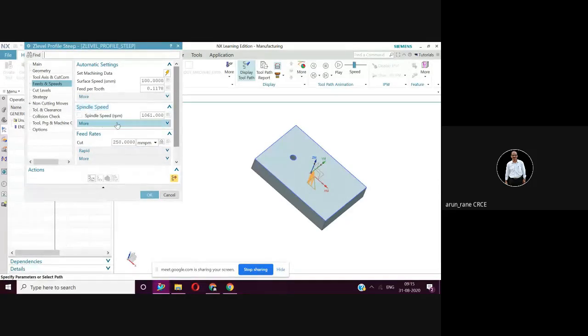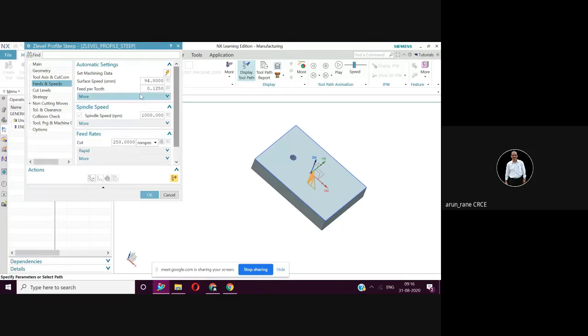Or the other way, you can give the spindle speed and it will calculate the cutting speed, that is V is equal to pi D N upon 1000. The diameter is known, diameter is 30. Suppose you give here rpm as, say, 1000 rpm, enter it. Now for 1000 rpm the cutting speed will be calculated. See, for 1000 rpm, V is equal to pi D N, so 1000 into pi into diameter 30 divided by 1000, so you will get the surface speed as 94, and feed per tooth is 0.1250.